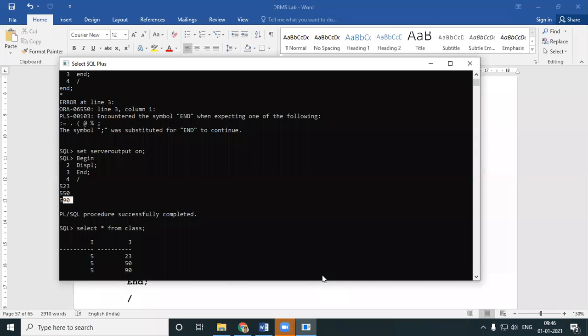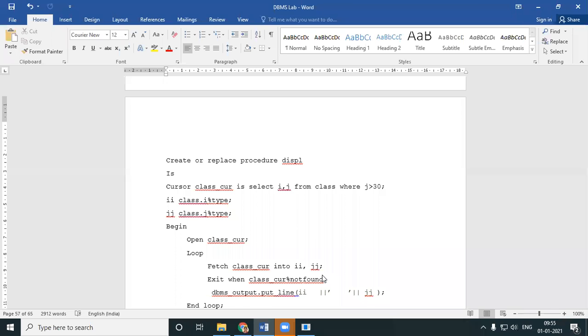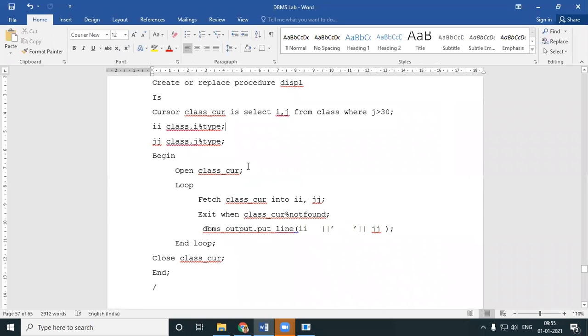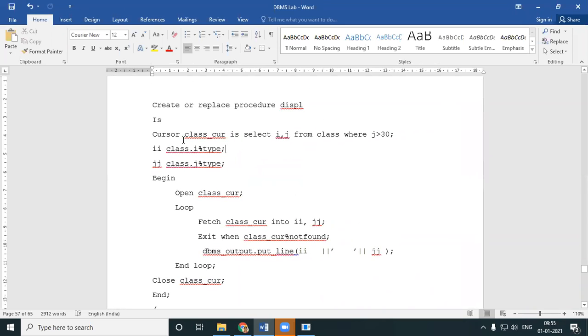Just a minute. Okay, so all what I've done now is I've done a small change in my cursor, the same old cursor. I changed my select query. As you all remember, in your cursor, you can be using only the select query. You cannot be using anything else. Only the select query.